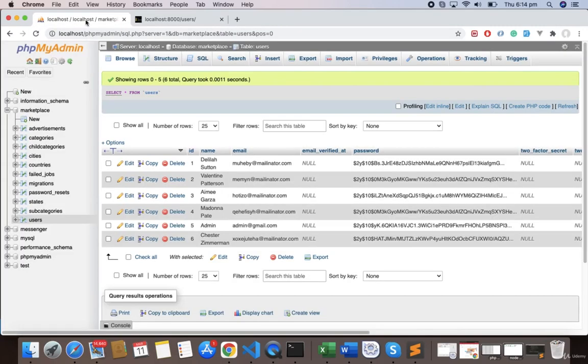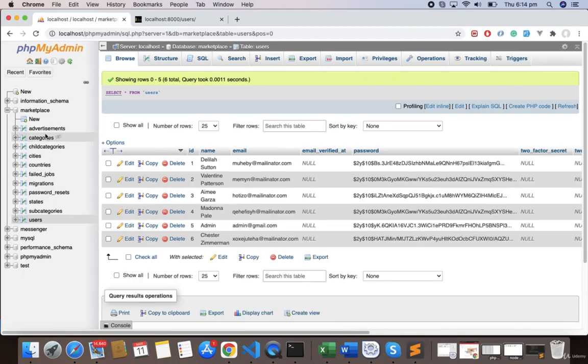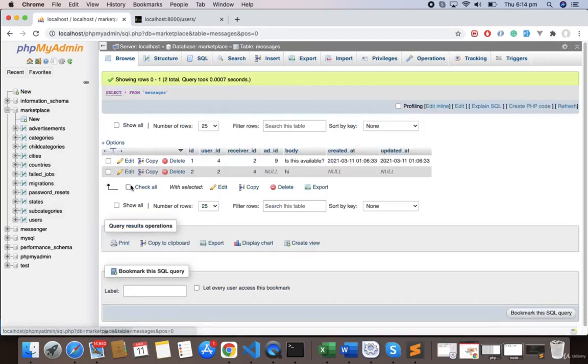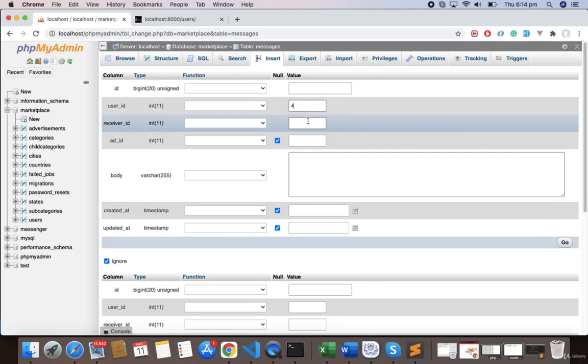And let's say that still one thing is not fixed here. We have to fix that. Let's go again to our database, in the messages. If you go here, so 4 is sending a message to 2, right? So I'm the user 4. If I send the next message again to the user 2,